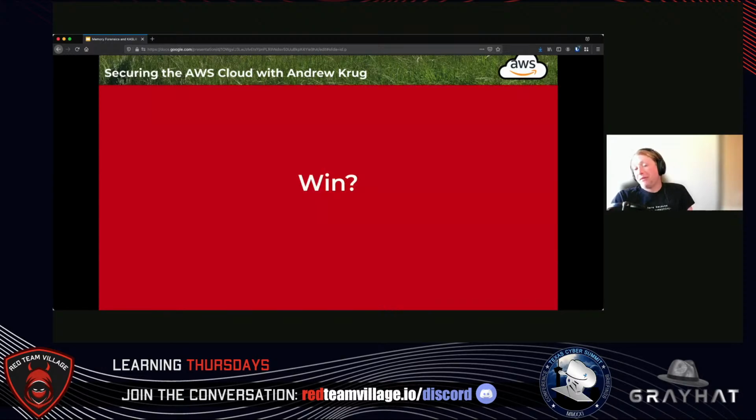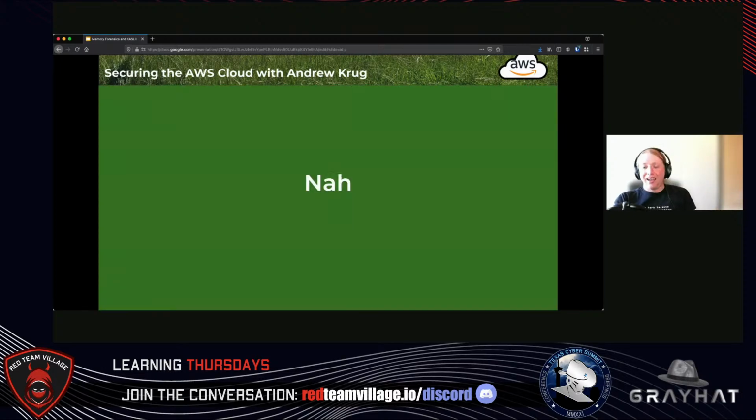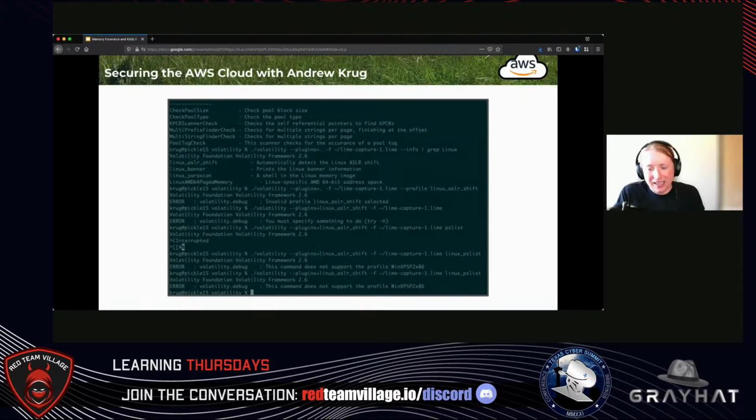So if I can do all these things in Amazon Linux or in Ubuntu on the latest Linux kernel, do I win as a defender? Do I know all the things? Nah, not most of the time. Because if I take these dumps and put them into the most popular memory framework, Python Volatility, even with some of the plugins that can go in there and hunt for PID 0, I still get